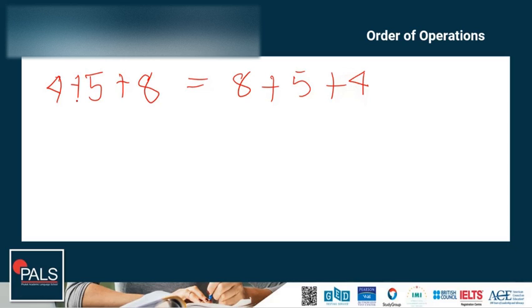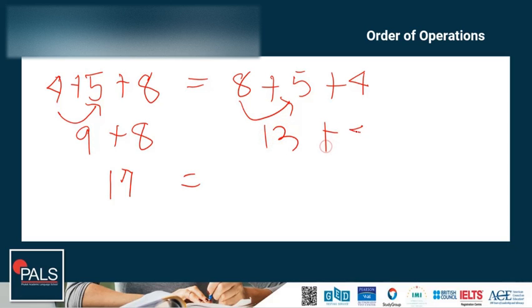Let's see. 4 plus 5 is 9, and then 9 plus 8 is equal to 17. 8 plus 5 is 13 plus 4 is equal to 17. So that is associative property